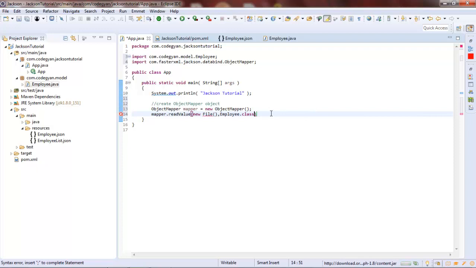We have to convert our JSON into the employee object, so we have given the Employee class over here. Now just give the path of the file.